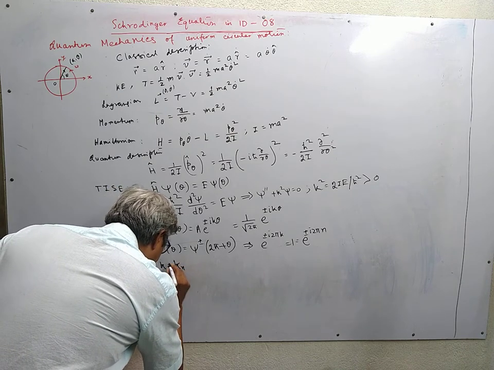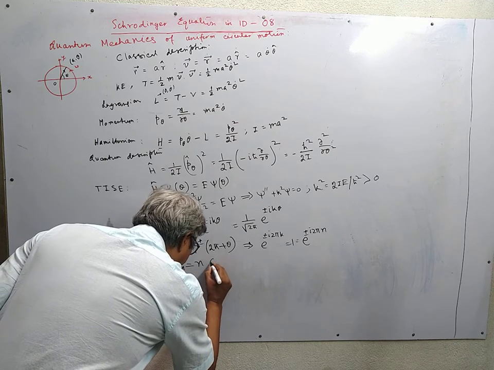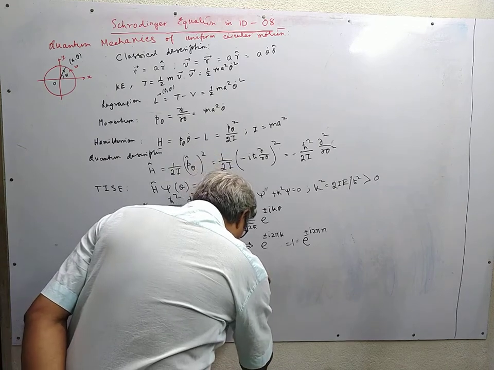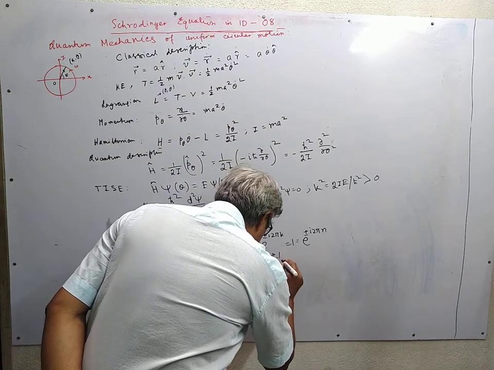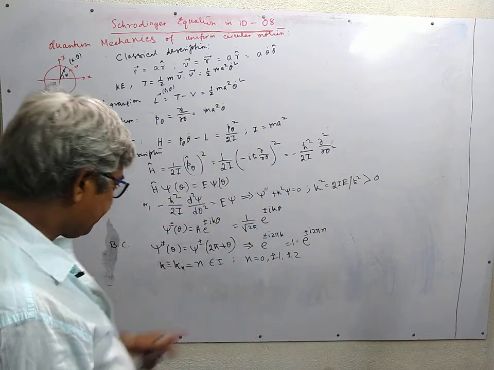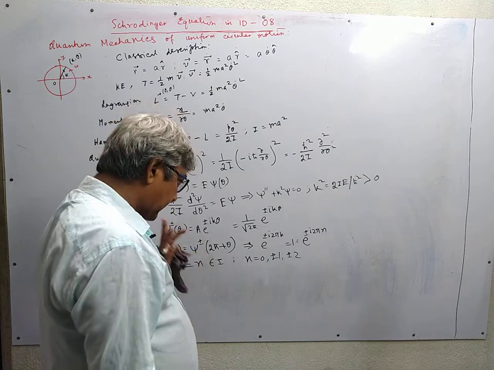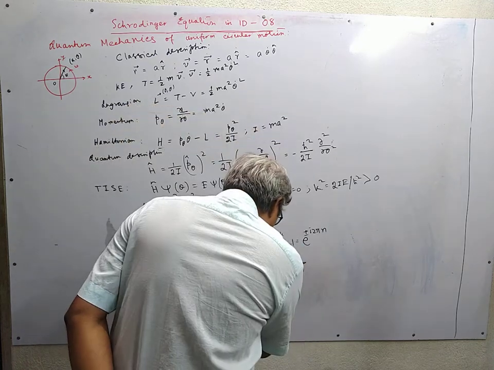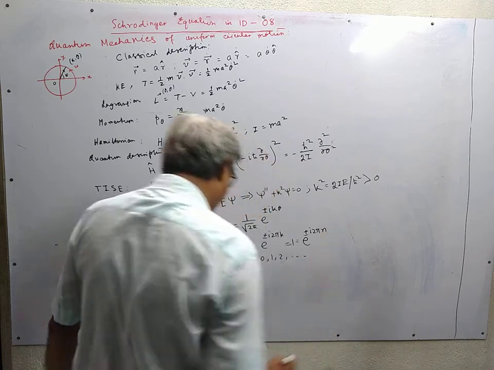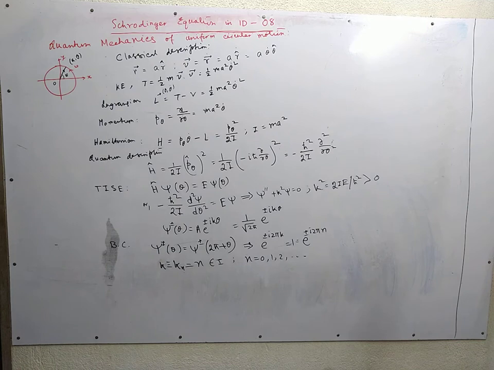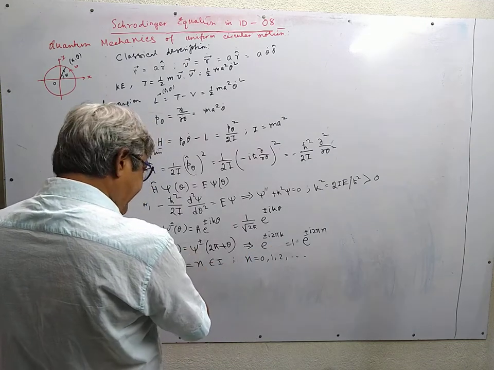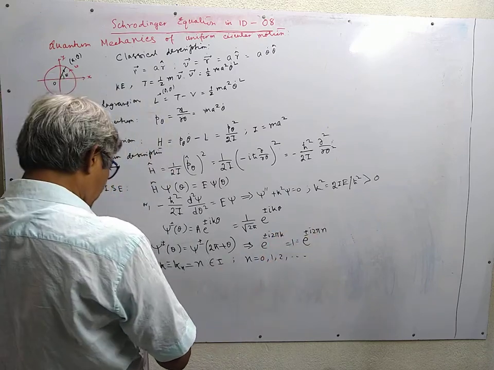K is kn and is equal to n, where n belongs to integers, and n can have 0, plus minus 1, plus minus 2. Either you take these values in this fashion, then you need not write plus minus, and if you write plus minus, then the values are 1, 2, etc. So since the solution depends on n, we write the solution as